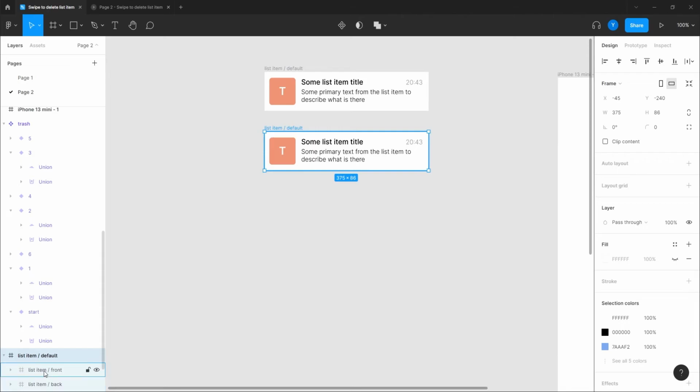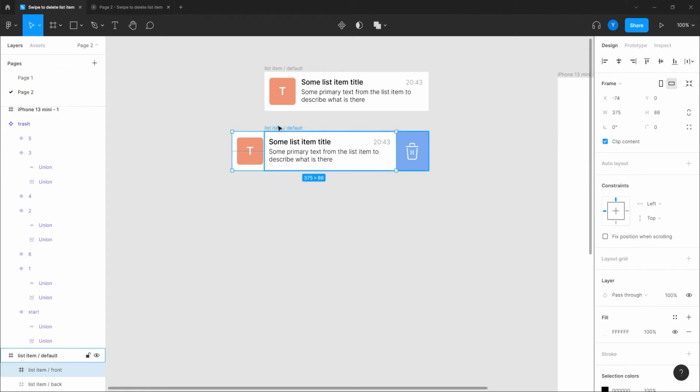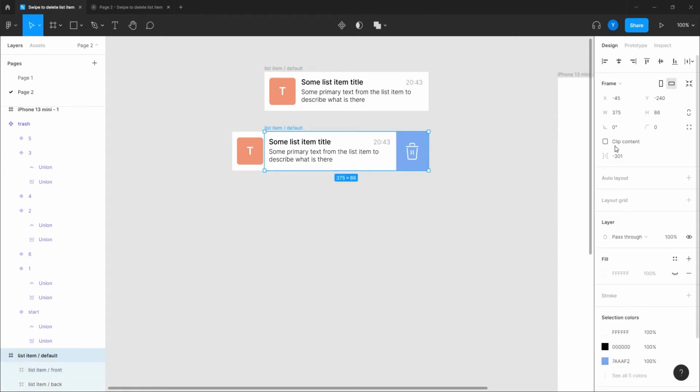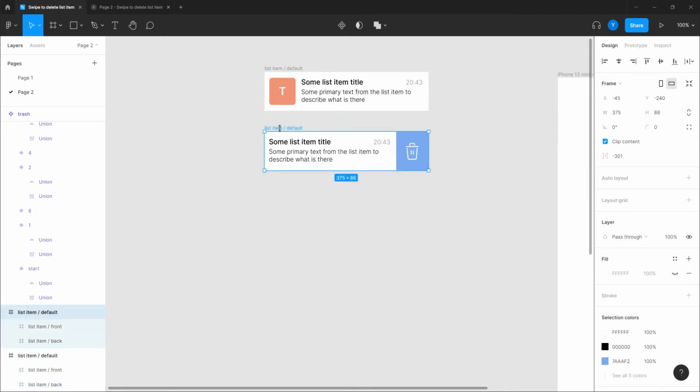So I'm selecting the front one, and I'm gonna move it here like that. And by the way, to this frame I need to check the clip content, so I'm not gonna see the part which goes out of it. Okay, this one also is going to be in a clip content, so that's one. And by the way, we're going to animate it after we make it variants.